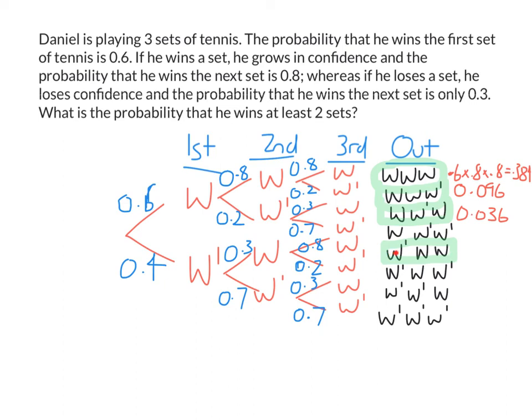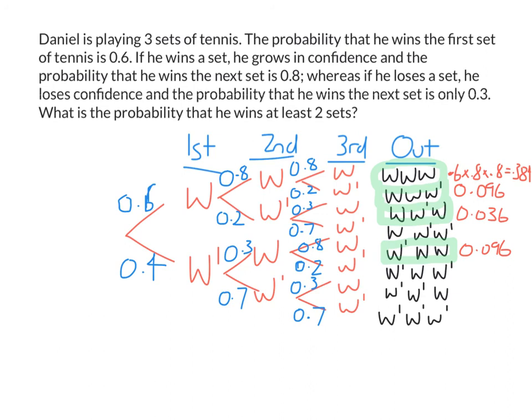So the last one I need to calculate is this one here. So that's he loses, then he wins the next two sets. So 0.4 times 0.3 times 0.8. So this one here gives us 0.096. So that's just a coincidence that these two were the same. You can't assume that the same number of wins means the same probability here as it was the case with